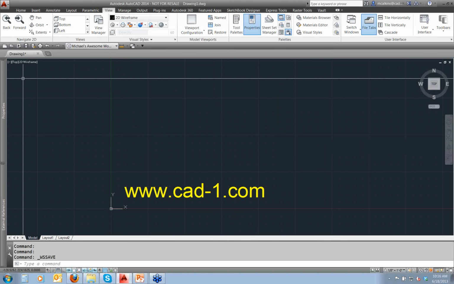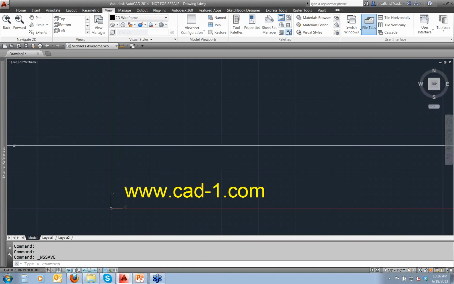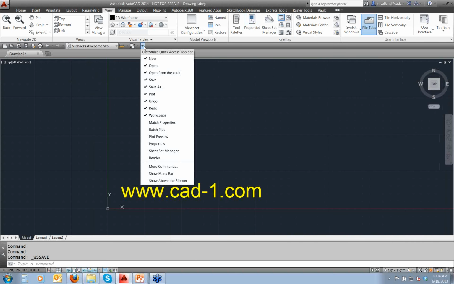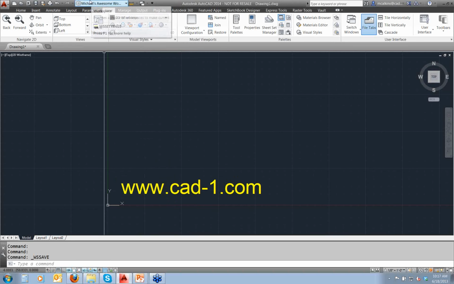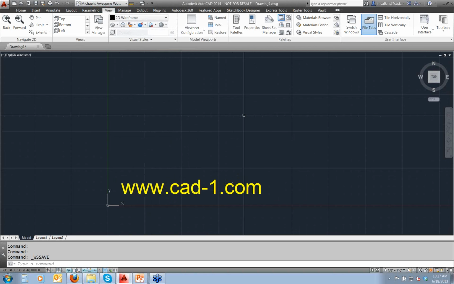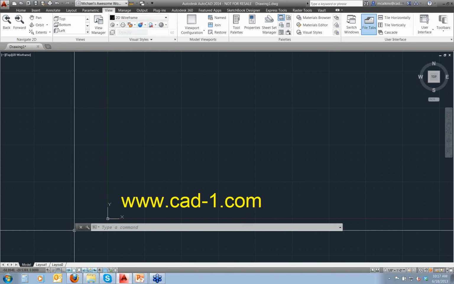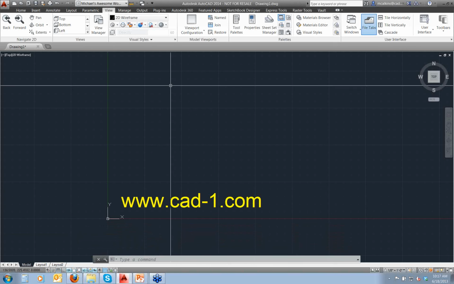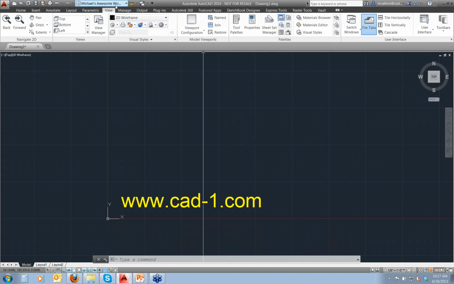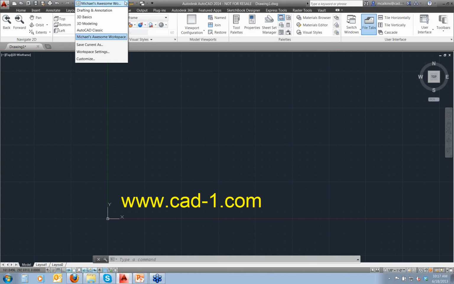So as I go through, maybe somebody sets up my machine, and they come and close these palettes over here on the left side. On occasion, there's a certain set of commands that will cause your Quick Access Toolbar to go back to the top of the screen like this. Sometimes the contextual tabs on the ribbon will cause this. Maybe the command line got floated or something like that. When I want to restore this back to the way I saved it, I can either, and I don't know if this is by design or if it's kind of a glitch, click this drop-down at the top of the screen and choose one of these other workspaces like Drafting and Annotation,